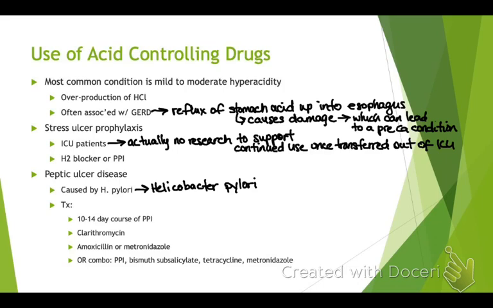So, use of the acid controlling drugs. Why do we use them? The most common condition is mild to moderate hyperacidity. For most people, the reason they're going to go to your Prevacid and your Pepcid and those types of drugs is because you have an overproduction of the hydrochloric acid,